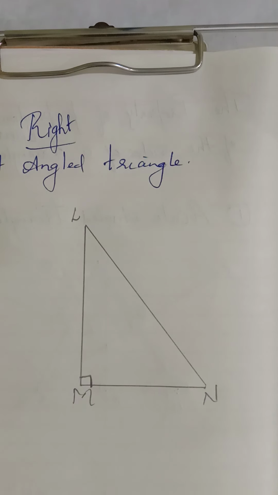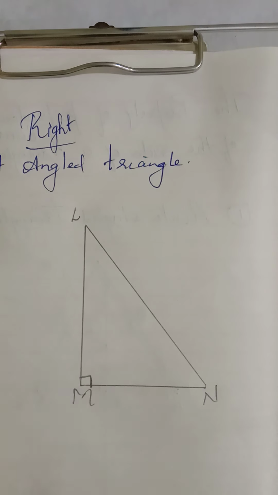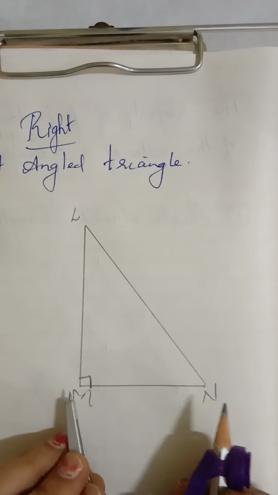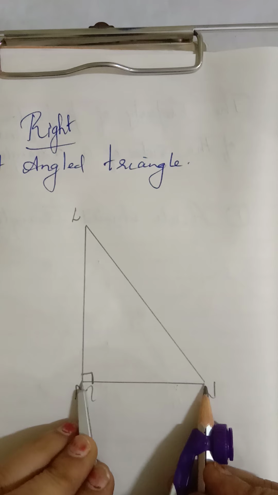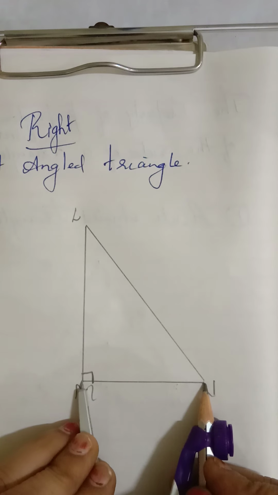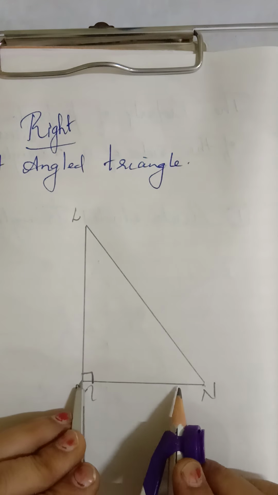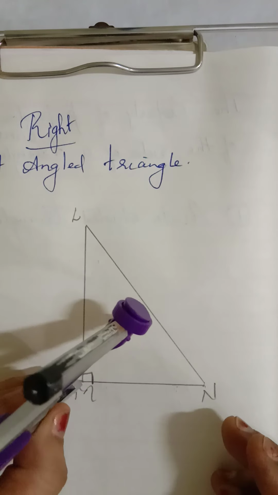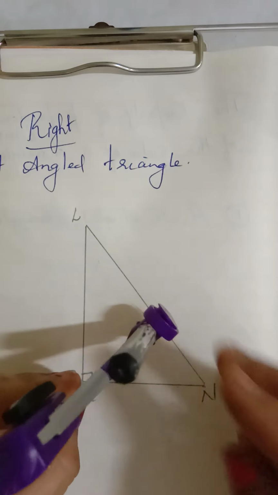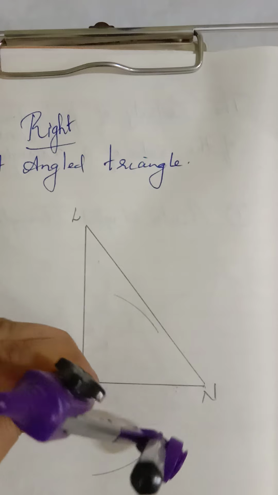Now for this the method is the same. You will take your rounder. First you draw a triangle. Second step, take your rounder, and we first start with the base side, that is MN. We will be drawing the perpendicular bisector for the side MN. Now here see, this side I am taking, and then what is the first step? We will be taking more than half. Okay children, radius more than half, the same more than half, and then draw one arc, one arc up and one down, one up and one down.